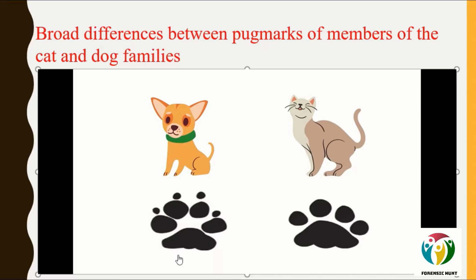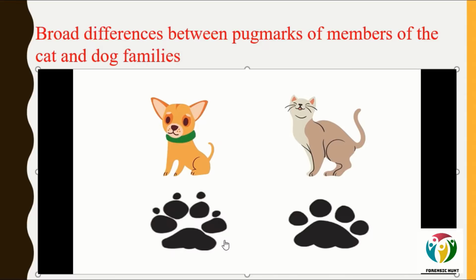So here, if you can see this particular pug mark, the lower base of a pug mark is called the pad. So this larger area is called the pad of the pug mark, and the four marks, which are the marks of the fingers, are called toe marks, and the next four marks, which are the marks of the nails, are called claw marks. So here you can see the pad, these are the toes, and these are the claws.